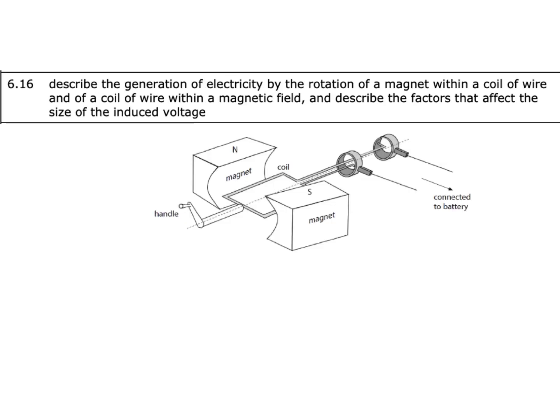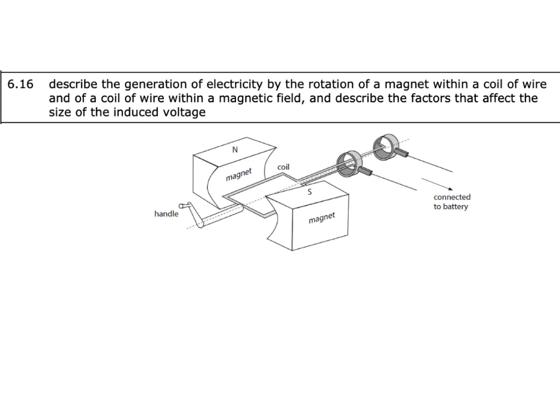So we can apply this principle in action for spec point 6.16, which says to describe the generation of electricity by the rotation of a magnet within a coil of wire, and of a coil of wire within a magnetic field, and describe the factors that affect the size of the induced voltage. So this is the generator effect. On screen now there is an image of a generator, and as the handle is turned, the coil moves through